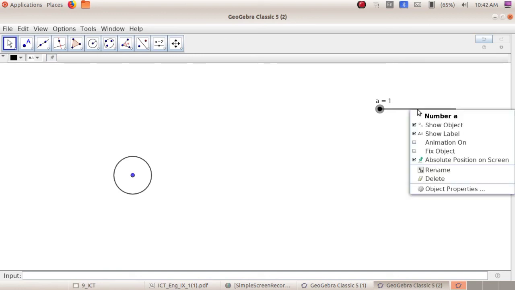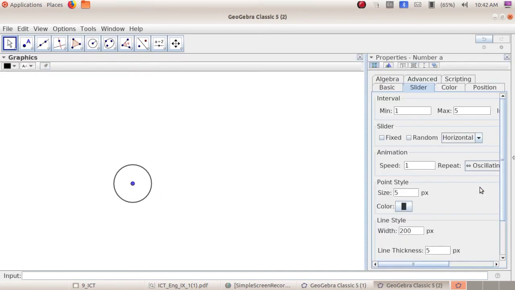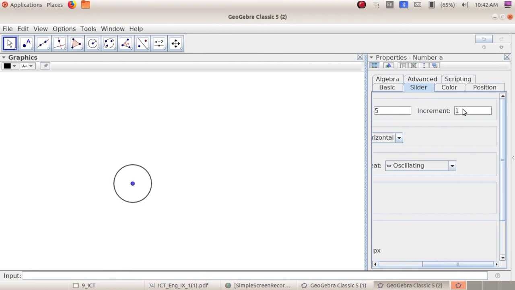Right click on the slider, then select object properties. Don't get confused. Then select the slider tab. Here you can see the interval minimum 1, then maximum 5, and I am changing the increment value to 0.2. I am removing the value 1 and giving the value as 0.2.